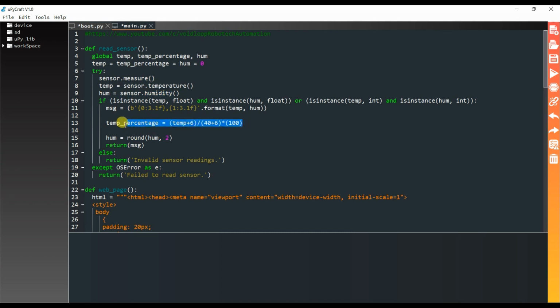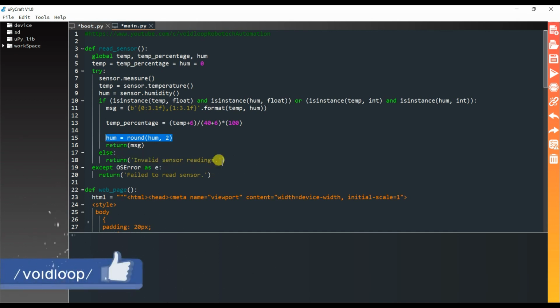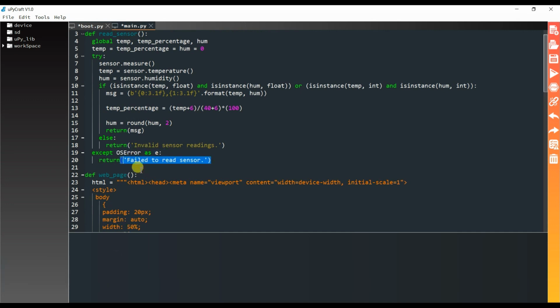It will calculate the percentage, and it will store the 2 digit after decimal point, and here if reading is not valid, it will print invalid reading, and if sensor is not connected, it will print fail to read sensor.